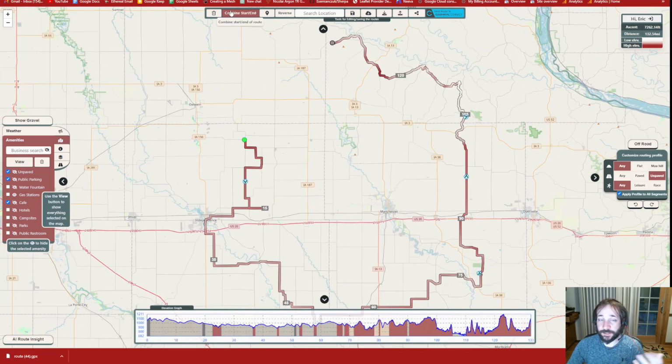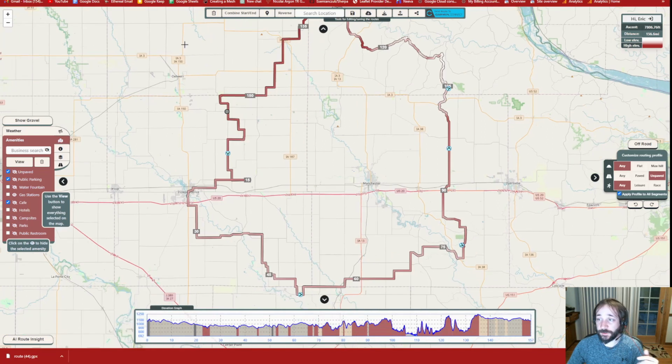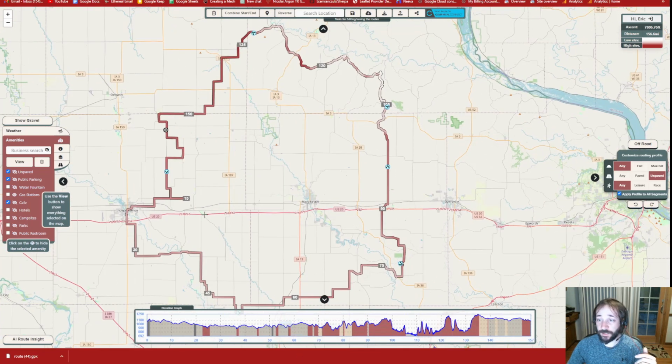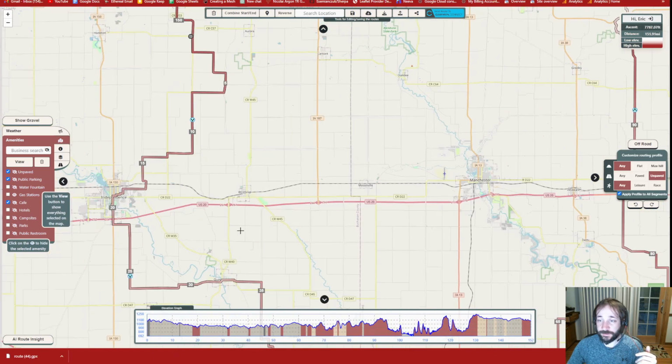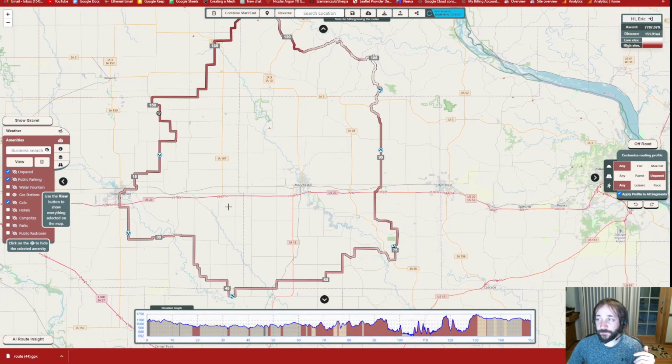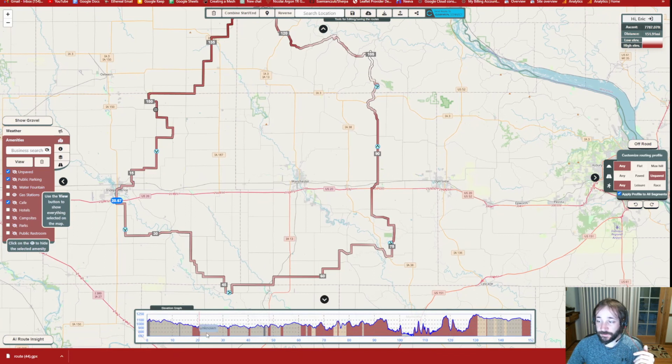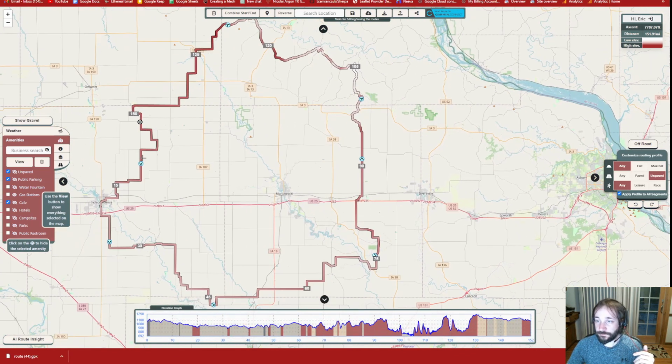I have options like combining the beginning and the end with this button up here, and as you can see, I have a whole route. I mean, clearly I probably shouldn't have that point, so I can right click and delete it. And then I have what's probably a fun route, and you can see it's mostly unpaved and gravel. I can switch to all sorts of different map types. So just going down the line here,